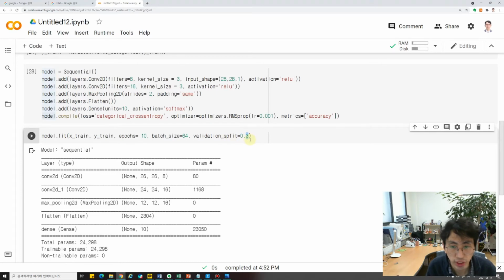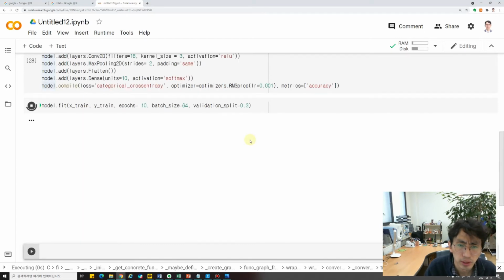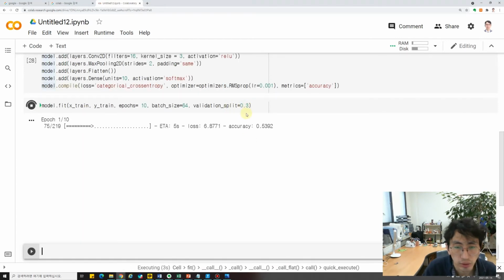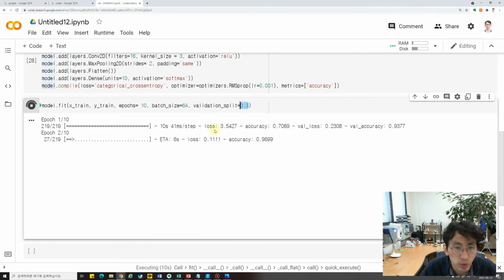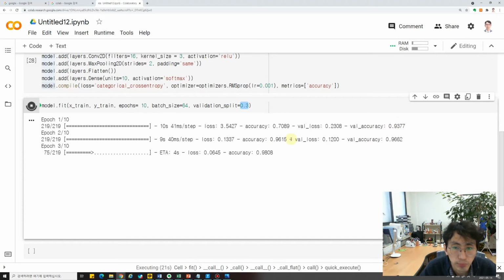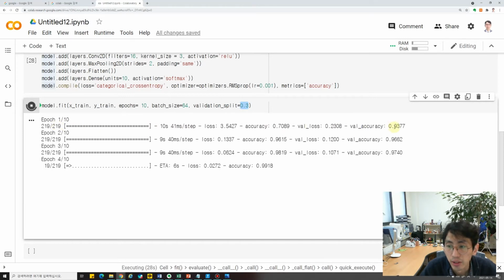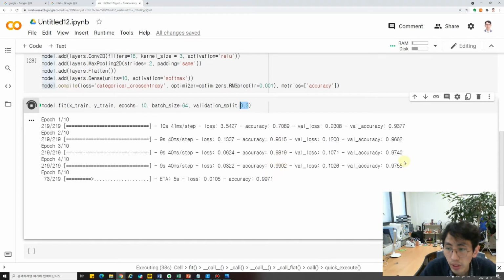Validation is to check whether the training process is going well or not. This validation split of 0.3 is just a normal portion of validation, and you see the progress is going on. As the epoch increases, you will see the accuracy increase as well. At the beginning the accuracy was very low, but even when the first epoch finished, the accuracy was 93%, and it becomes higher and higher, and training accuracy is very high, over 99%, but